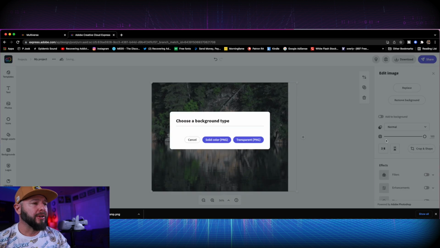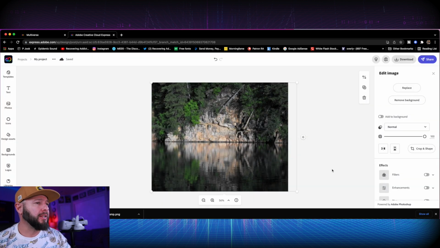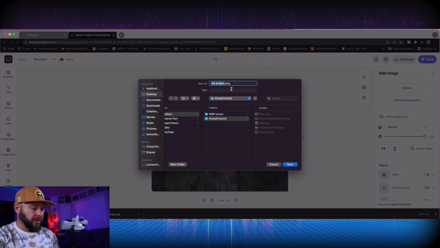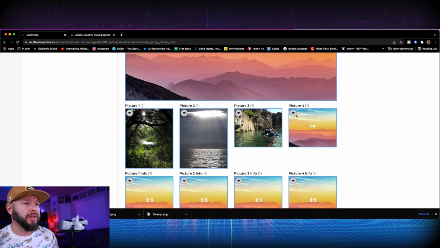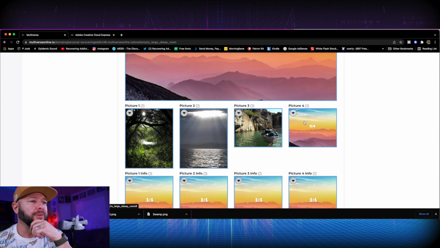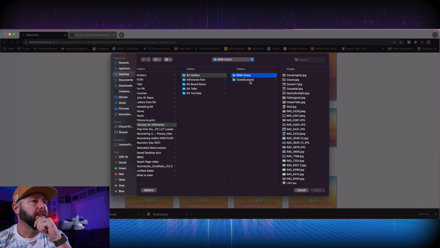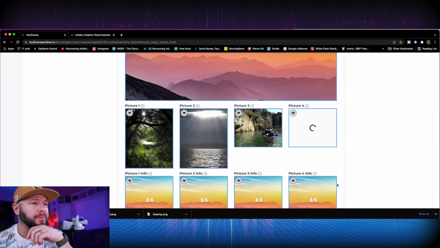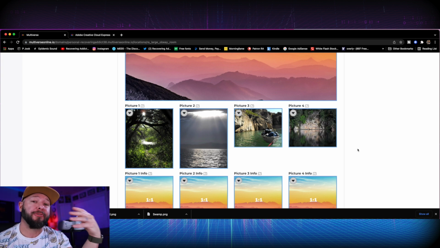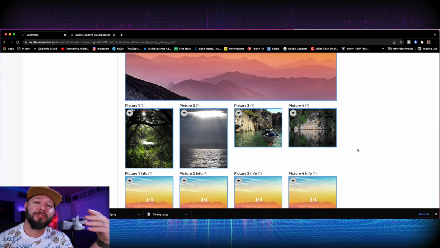Download. Start our download. Solid. Call this Butte water. We'll just call it Butte water. Go back to our multiverse. Hit picture 4. Upload a file. Size and colors. There's our Butte water. There it is. Let's put that picture in there and see if it fills up the whole frame. Now we have 4 pictures that fill up the frame properly, so it's going to look like a professional has